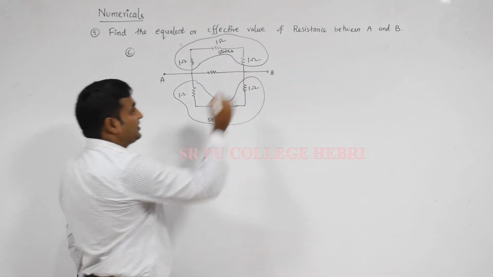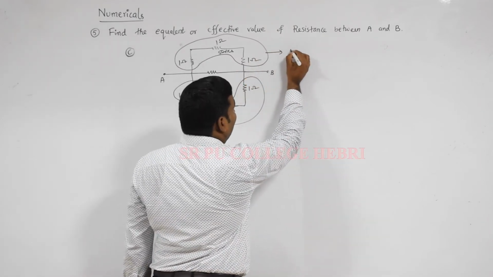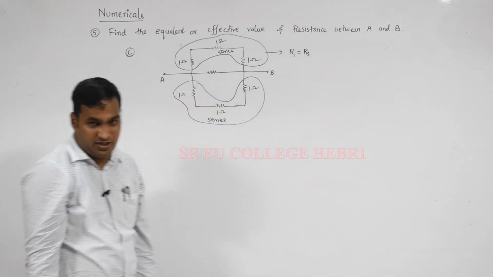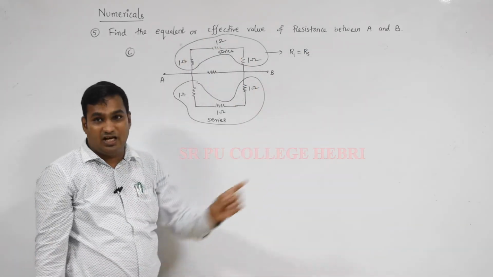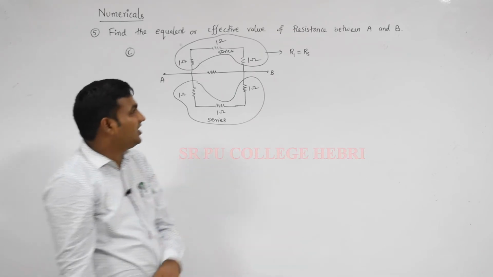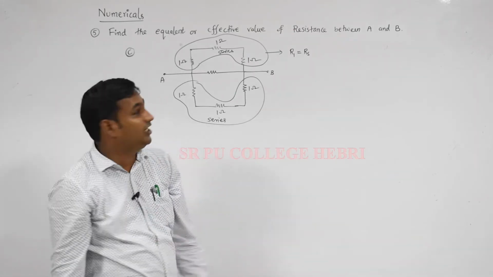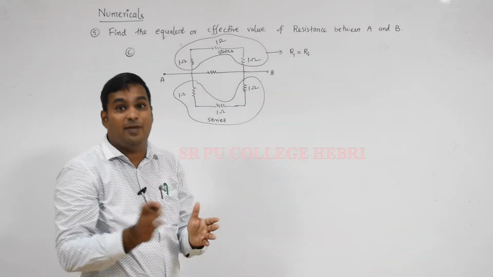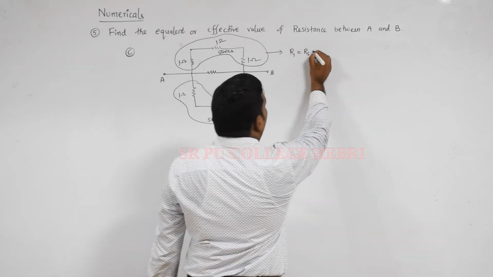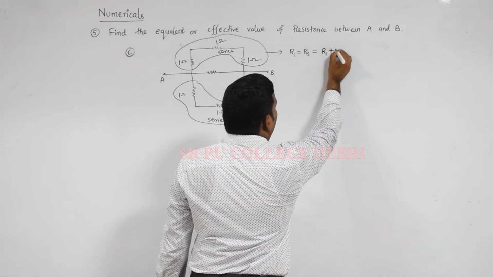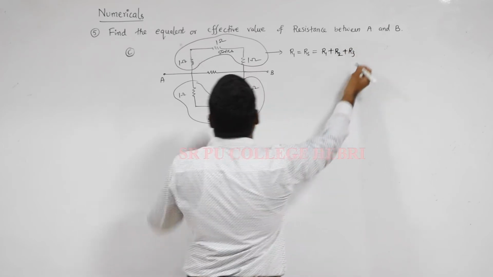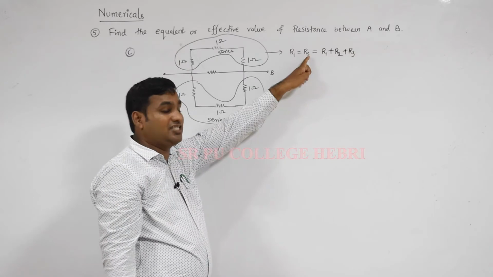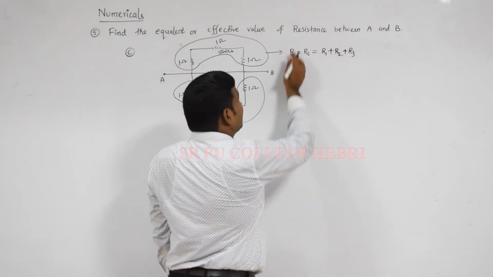Again you have to read the whole circuit. In this case, I consider this one as R1. Usually I assume it as RS. These three resistors together give a single resistor. That single resistor we call the effective or equivalent resistance in series, which we take as RS. That RS I name as R1 here. That R1 is equal to R1 plus R2 plus R3. Three resistors are there: R1, R2, R3. Together I take them as RS. For easy purposes I will take it as R1 here.